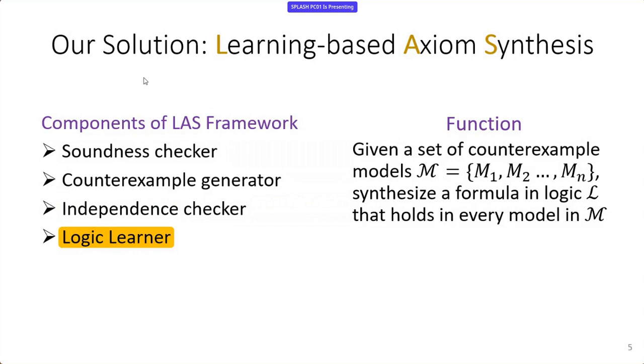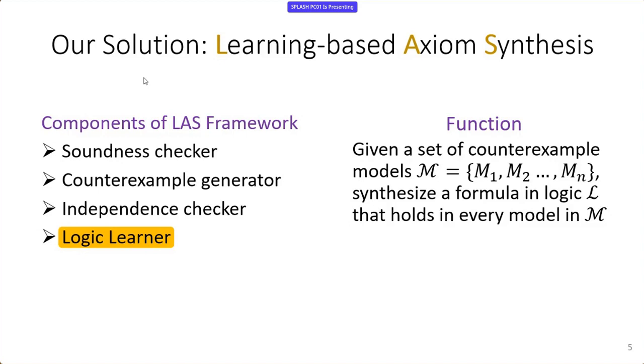So there are some cool things here. As I mentioned, the target class may only be in your mind. So might be the base class. So how do we specify them formally in a problem statement ready for automation? It turns out that you can think of these components as actually being an operational formal definition of your class. The soundness checker implicitly specifies the target class T, the independence checker implicitly specifies the base class B, and so on. And so the LAS framework actually serves as an operational definition of the problem statement.